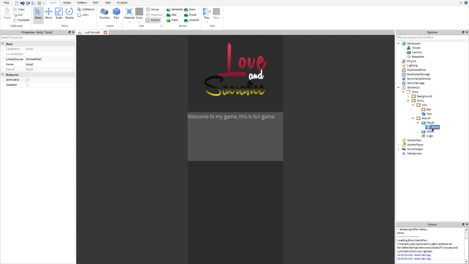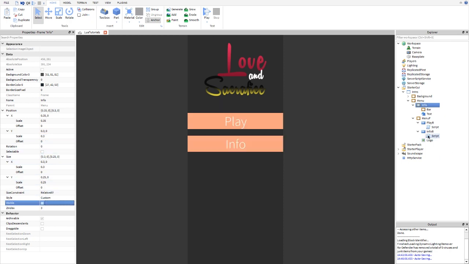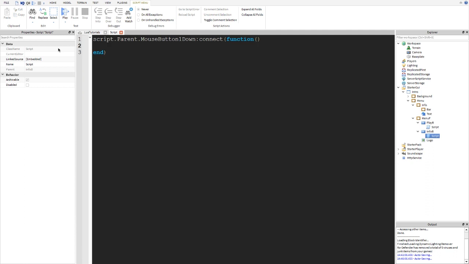So now we're just going to copy this into this button, and we're going to make this invisible for now. And we're going to finish this off. So we're going to delete all this right here. And now for the final thing, I'm going to be finishing off the script, and then it should be all working. So that's going to be nice. So we're going to go ahead and do